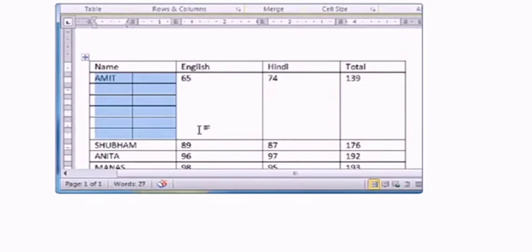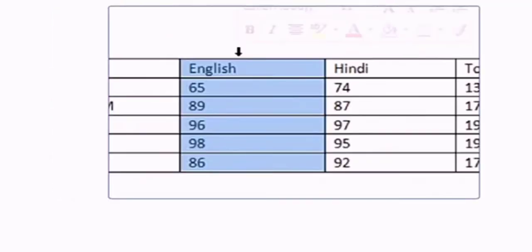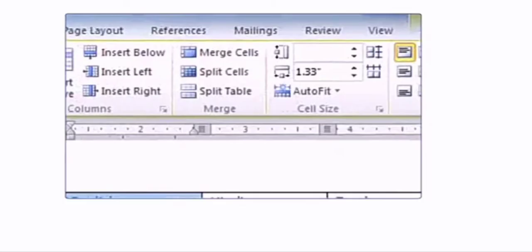Merging cells. Sometimes data is split in numerous segments of cells and you want to combine it. Merging means combining. You want to combine it in a single cell to give it a better look. Merging the cells provides a way to consolidate data in one cell. Select the cells you want to merge. Click on the Layout tab. Select the Merge Cells button in the Merge group. The data gets merged into a single cell.